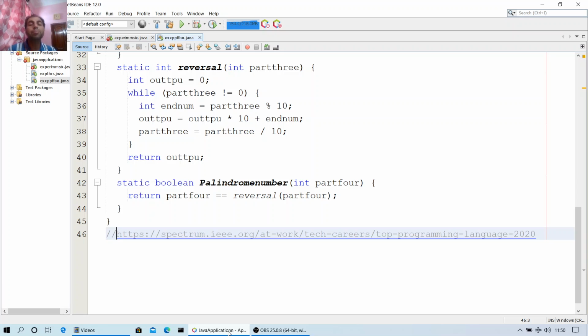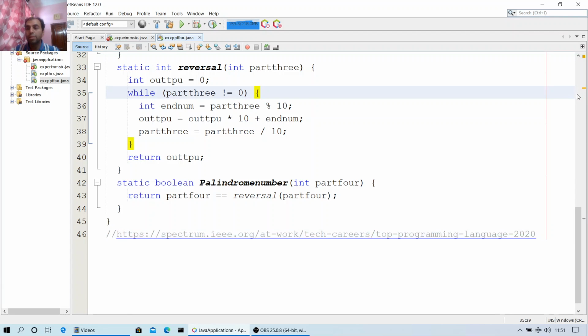Second question is, what is a prime number? It is a number which is divisible only by itself and the number 1. For example, 2, 3, 5, 7, 11, 13, 17, 19, 23, 29, 31, 37, 41, 43. 43 can only be divisible by 1 and the number 43. It cannot be divided by any other number.